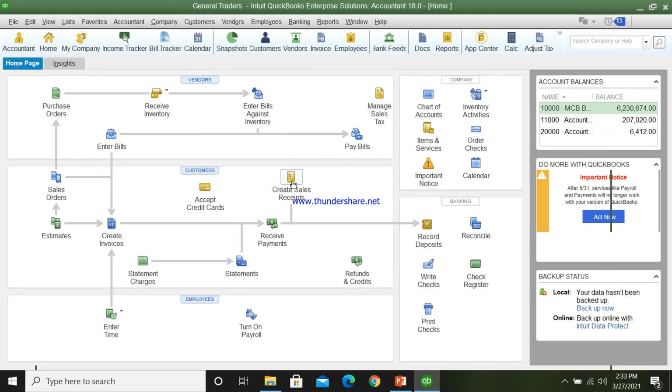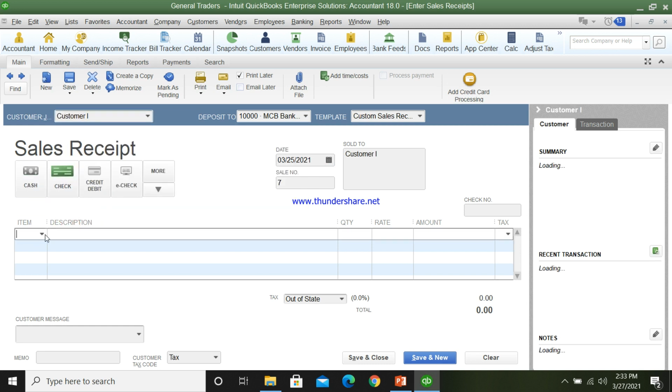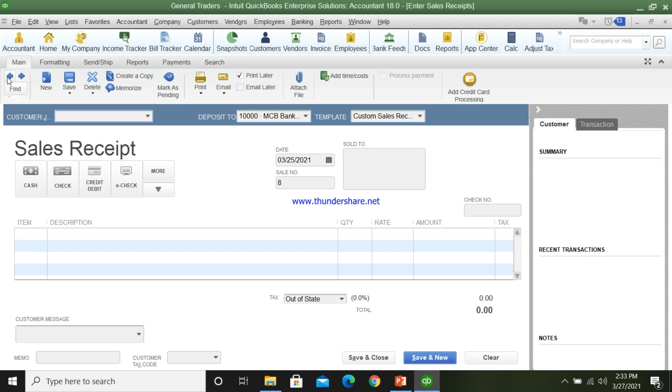Go to create sales receipt and select the date 25th March. Select the customer, select the item as advance from customer, write down the amount as 600,000 and save this transaction. Check its journal entry.